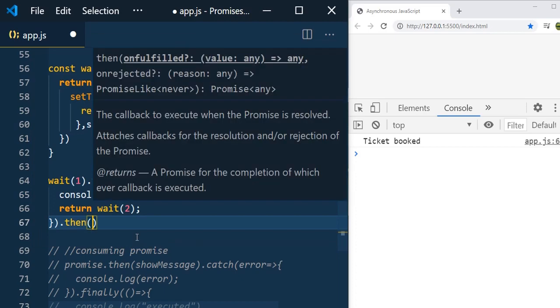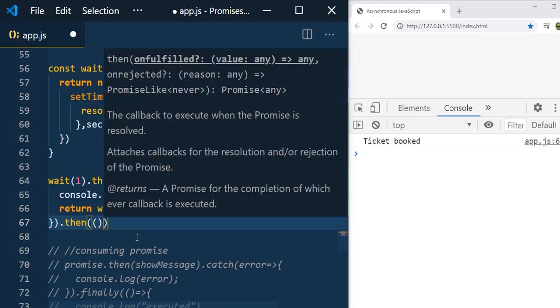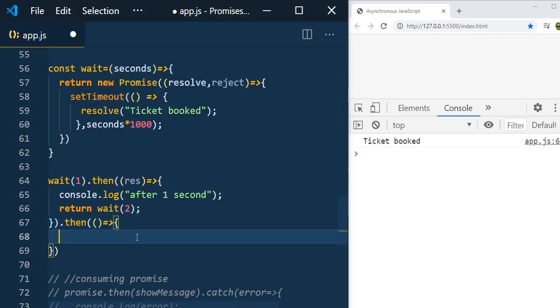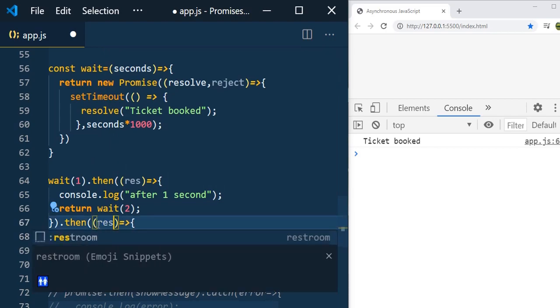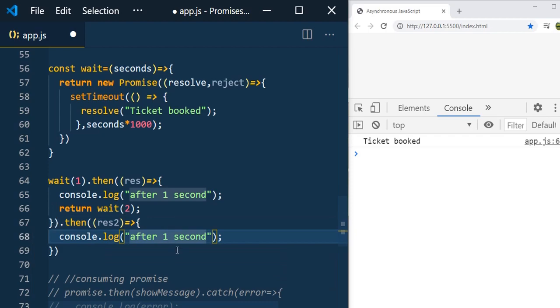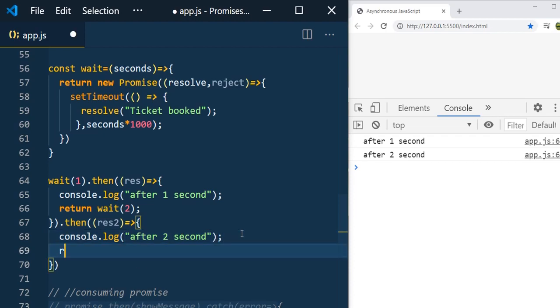So then, and here again I am using the fulfilled handler, and here let's say again I mention result 2, and here I will mention after 2 seconds, and let me go and save it. You can see that now first it will print after 1 second, then it will print after 2 seconds, and this way you can even make another call.